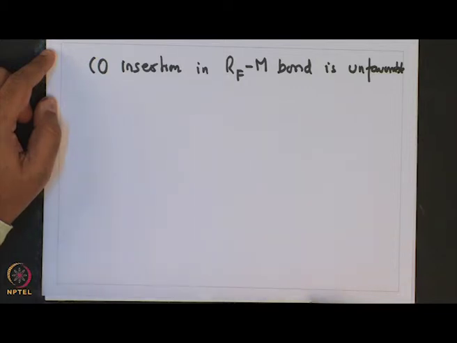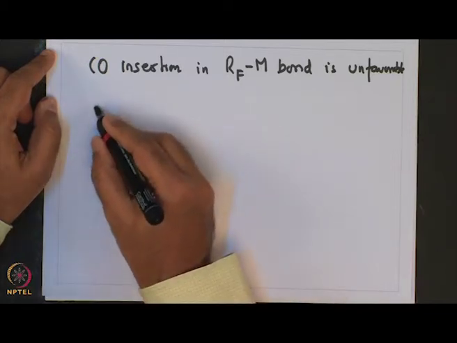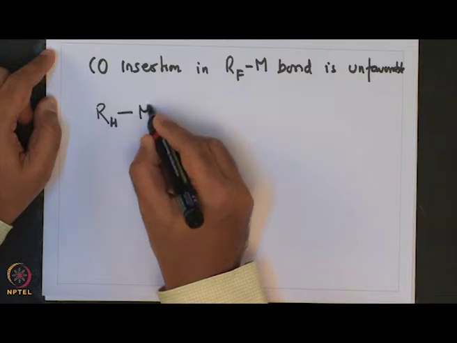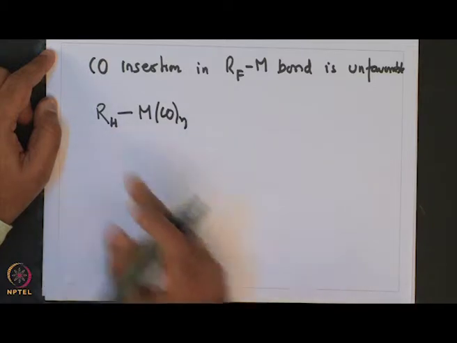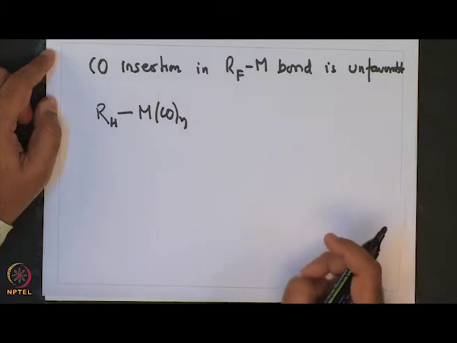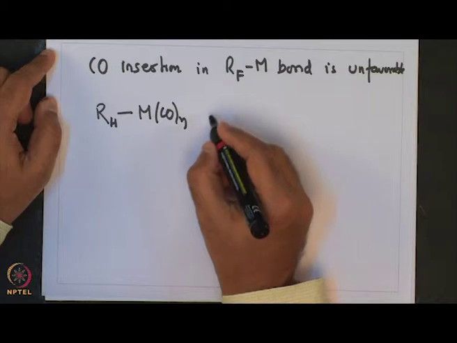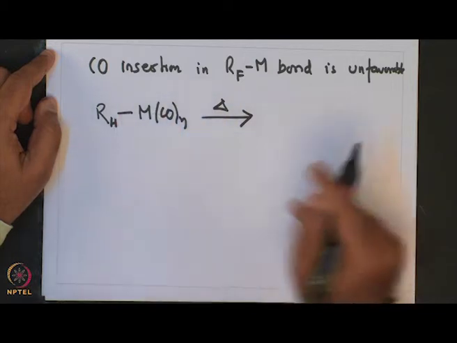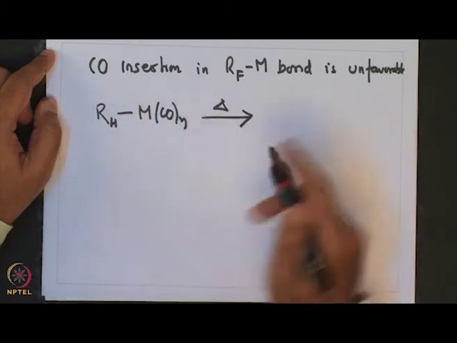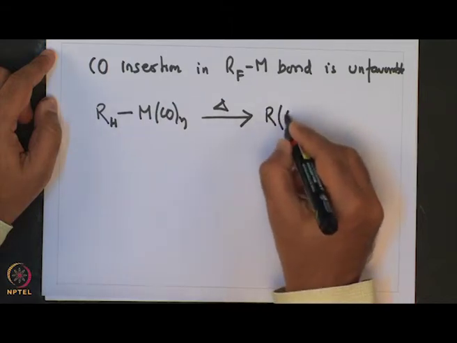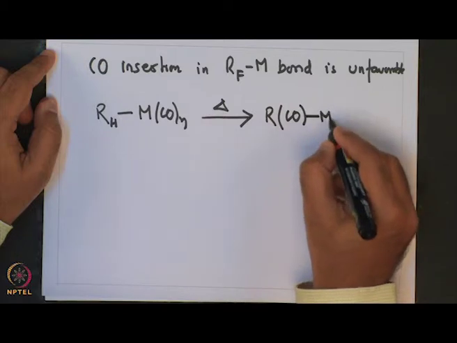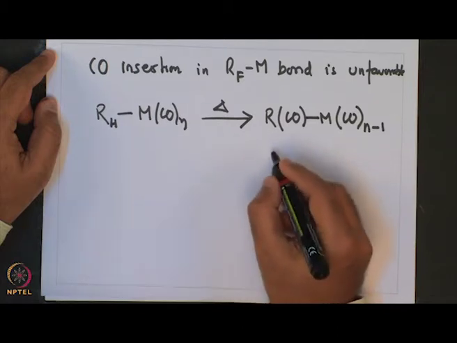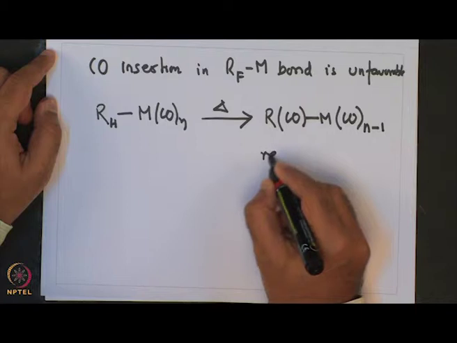I will illustrate that with an example. For example, if in a metal alkyl complex of the type M(R_H)(CO)n, where R_H is a simple alkyl group containing carbon and hydrogen atoms, when heated it readily undergoes CO insertion into the metal R_H bond, giving R_H CO M(CO)n-1, and this reaction